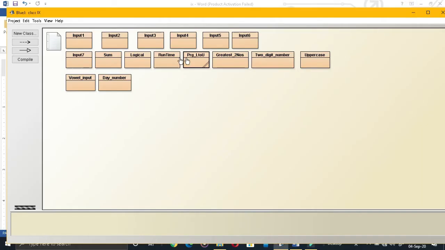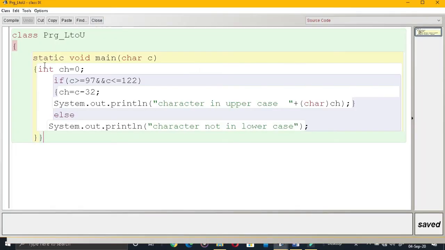Let us see the logic now. Every program needs a class. Then static void main. This is your input. You are going to give a character as input. This is a variable I have initialized for my use in the program.